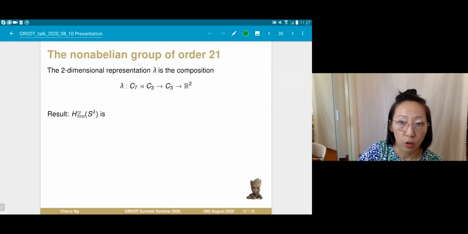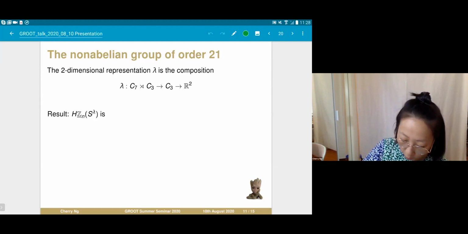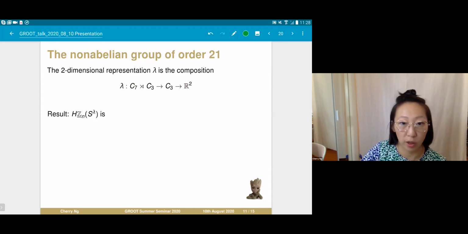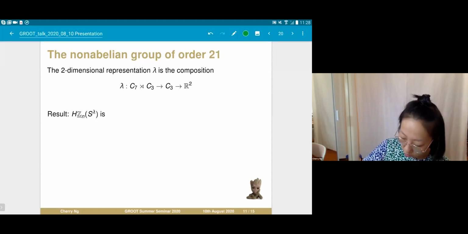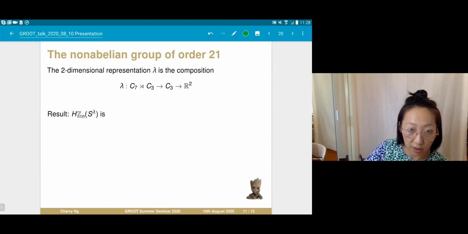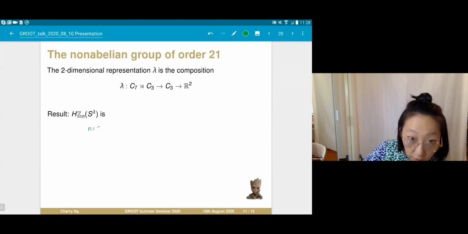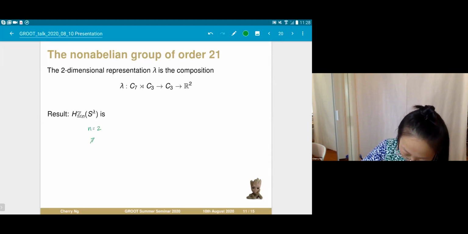And if you compute the cohomology of a point for this representation, you will recover the same answer that you would have gotten if you had been working with C3 all along and just kind of ignoring the fact that it came from the group of order 21. And I'm going to draw it for you the first time just so you can see what I mean by a diagram of abelian groups. So in degree 2, you will get